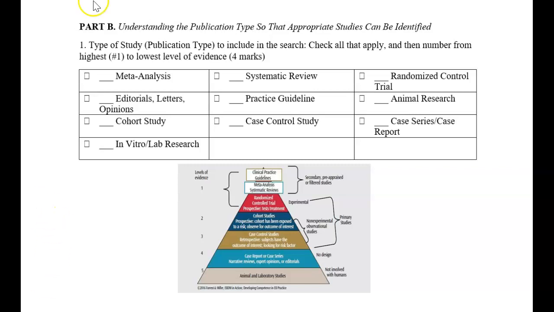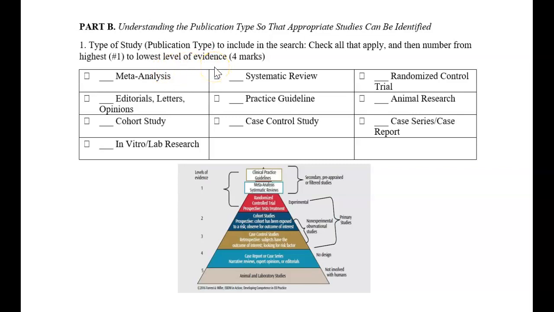This week, you are asked to work on Part B of assignment number 2. Part B of assignment number 2 asks you to figure out which type of study or which publication type you want to include in your search. So you're asked to check all that apply, and then you're asked to number from highest to lowest in terms